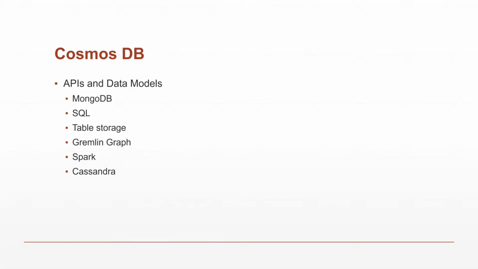Just a couple things about the database itself: you can use any one of these APIs and data models for it. It doesn't just support SQL, but it has Mongo, Cassandra, table storage. So different types of data models can be used in it. Jim talked about Azure Functions a little bit. In most of the presentations I went to, there was a combination of Azure Functions somewhere in there with Cosmos DB. They go hand in hand.